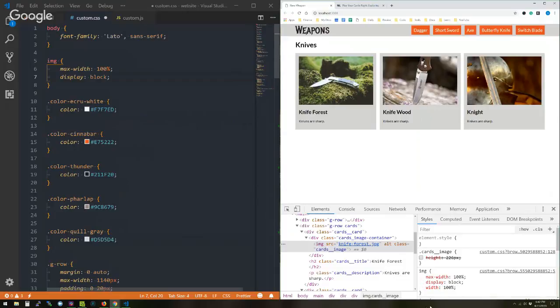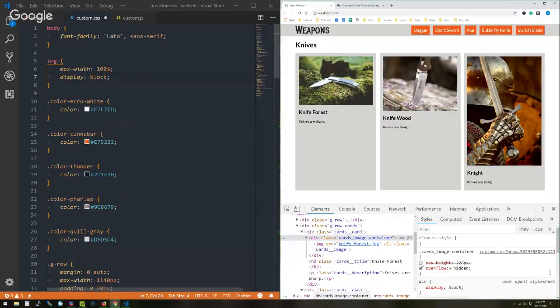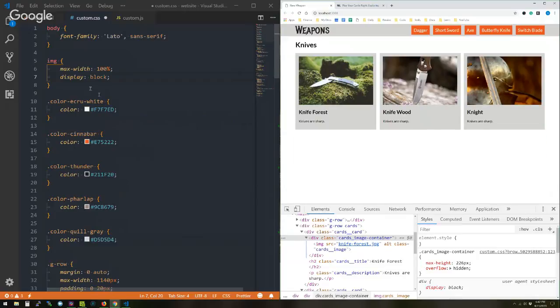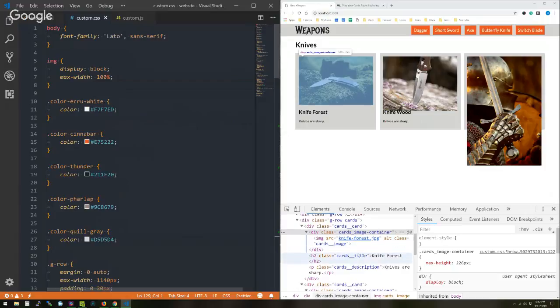And I might have not done anything now, but let's hold off on that, and I'll show you why that could become problematic. So, okay, we've got our max height, we've got our images display block now. Okay, so